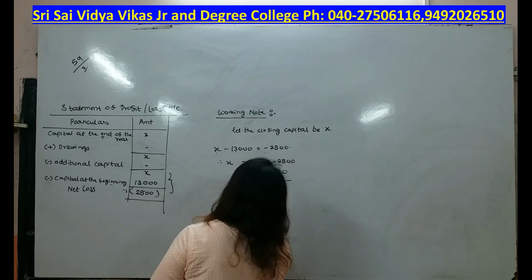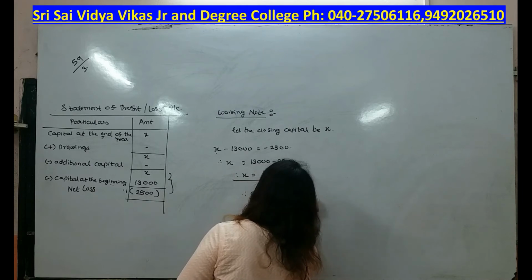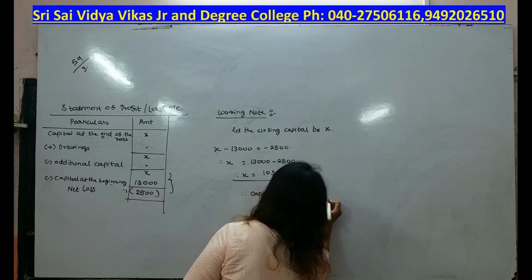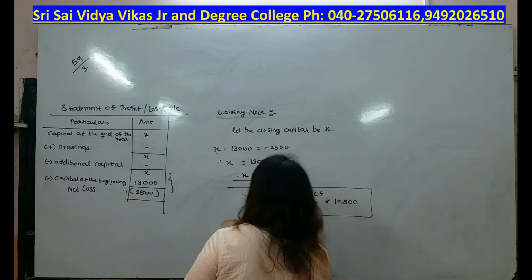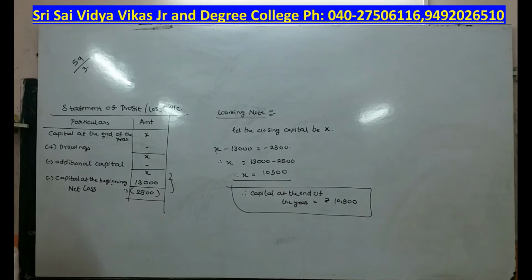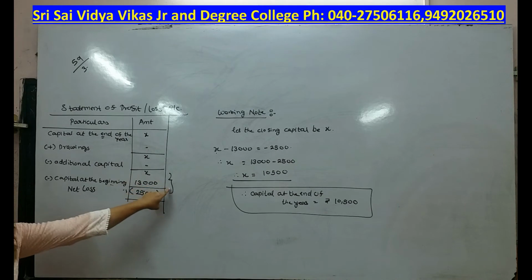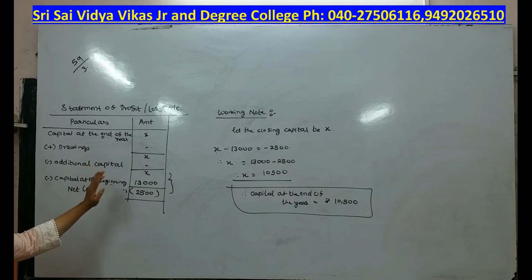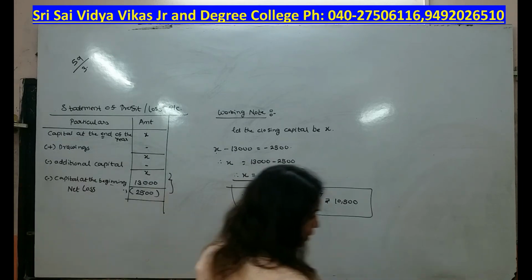Thus, capital at the end of the year is equal to rupees 10,500. Students, if you have observed, we didn't change the formula at all. We just put everything in the formula. At the end we got an equation and we just simplified it. If you have any doubts, please do ask. This was problem number 3. We will do one more problem students, I am erasing it now.